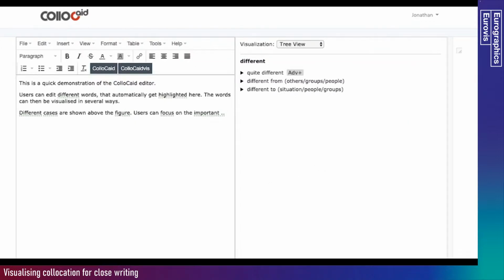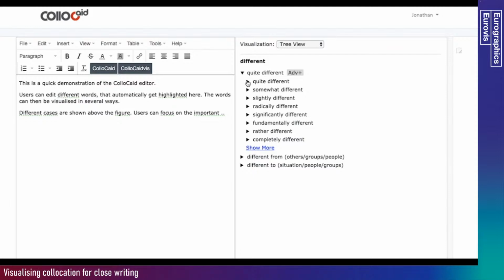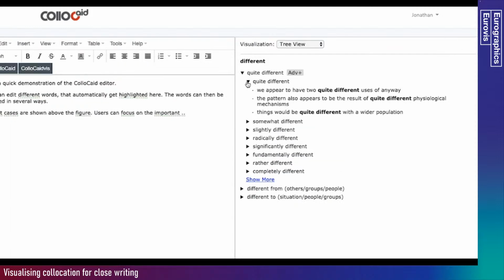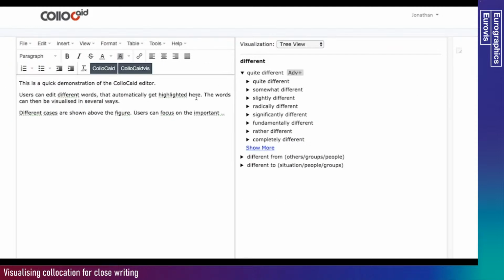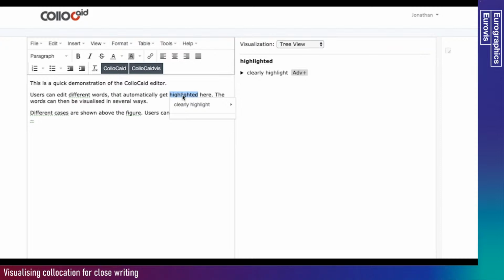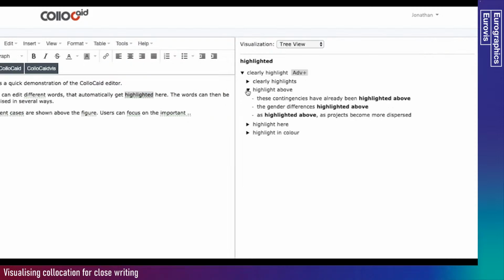Now let's turn our attention to other visualizations. We look at now the tree view. Clicking on different words will give us the different words on the right hand side and the collocations for those words. Somewhat different, quite different, etc. We can then highlight, and then we can click on those and explore more words down in the tree